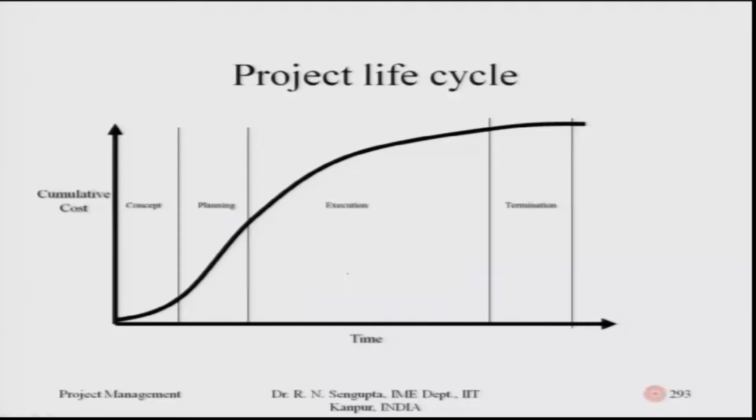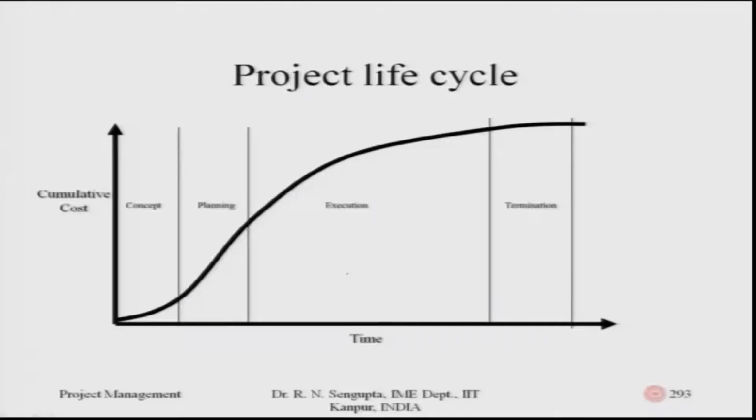So, now I will just consider very simply the concept of the project's life cycle and how it affects the overall planning of the project, and cost would basically come into the picture as a sub part of the overall project life cycle and how it is considered. So, if I consider the concept of time along the x axis and the cumulative cost along the y axis, generally the project overall development happens like this, as shown in